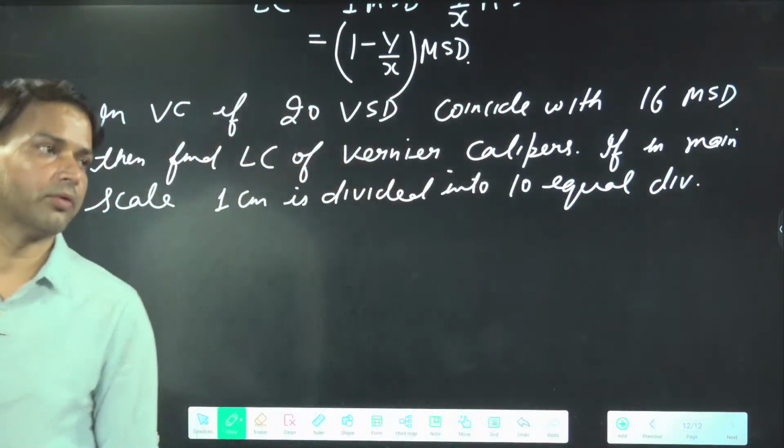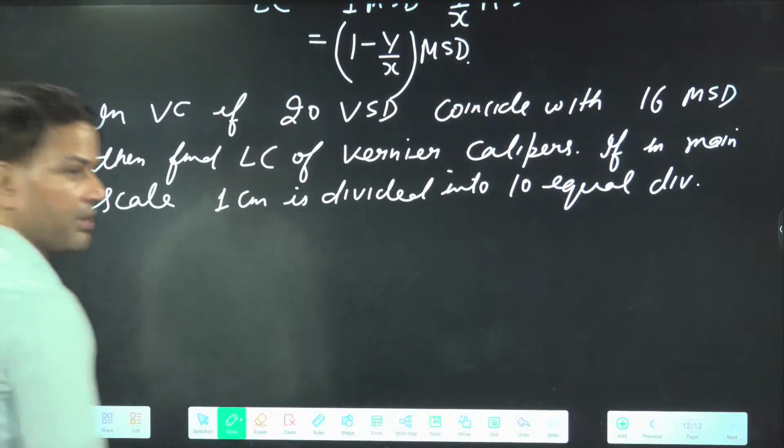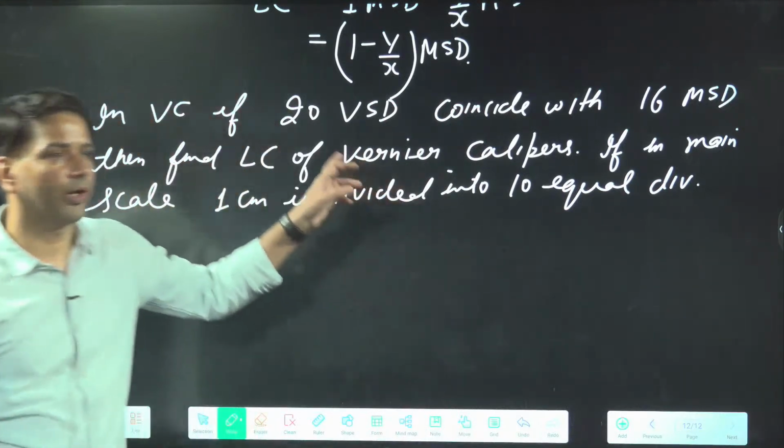Okay, so we have to find the least count of the Vernier calipers in which 20 Vernier